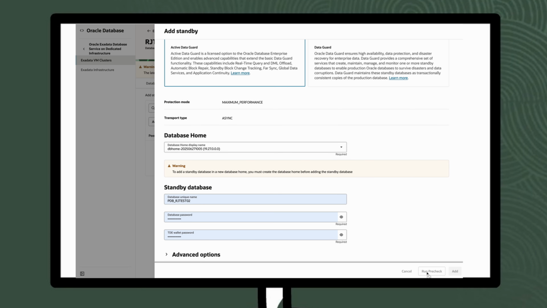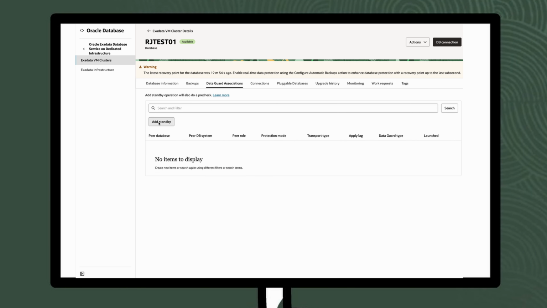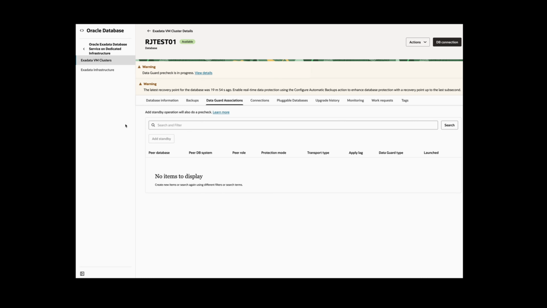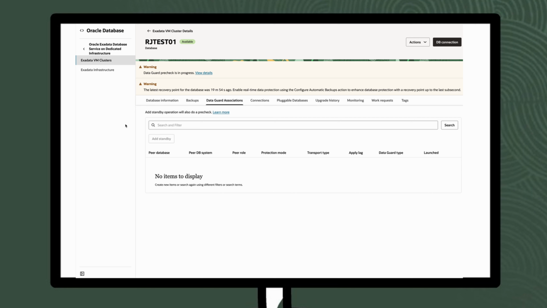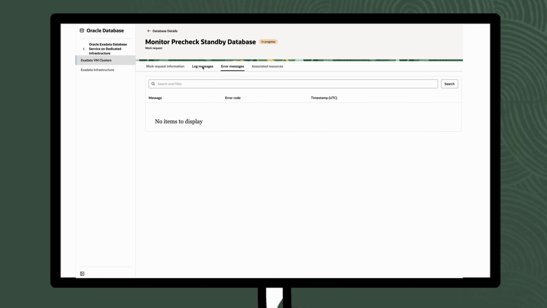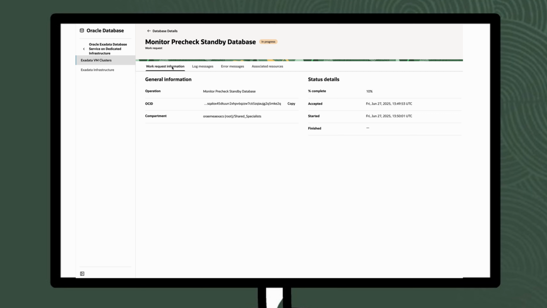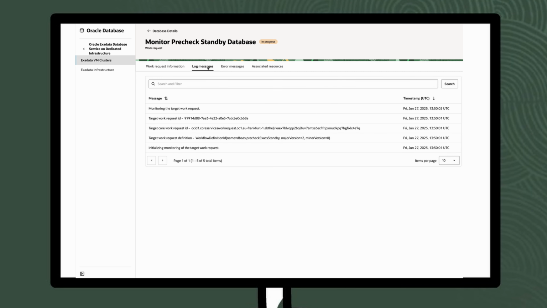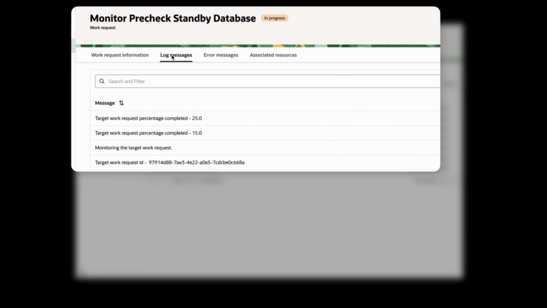Run Precheck button. If you now try to add a standby, it will warn you that a precheck is already in progress, and we can check on the status of this. We can view the log messages, look at any error messages, and also look at the general information. And on the log messages, we can see the percentage completed increasing until it reaches 100%, and in this case,